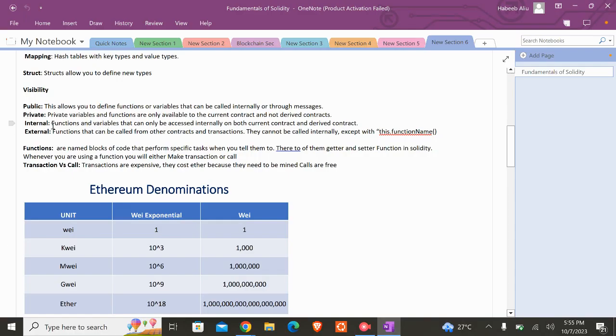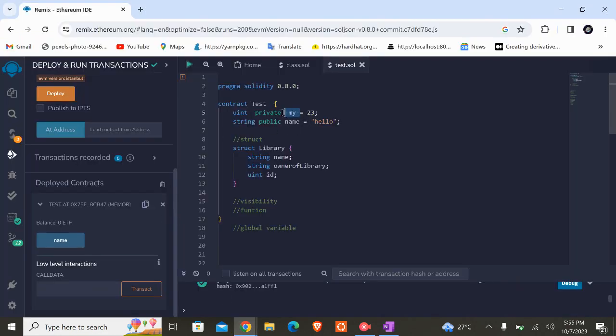While we have the other one called internal visibility. Internal visibility is for functions and variables that can only be accessed internally, in both the current contract and derived contracts. So what do we mean by this? What it is trying to say is, if you are using internal visibility,